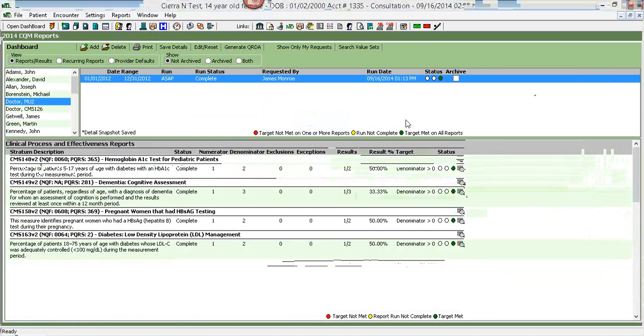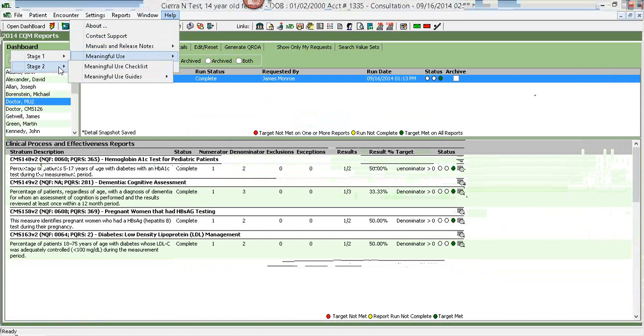As I've mentioned in the other training sessions, under the Help menu, you will find a lot of resources to help you along your meaningful use path, including the 2014 Clinical Quality Measure spec sheets and guides. The CQM guide is an overview of each quality measure and where it's tracked in ClinicsMD. These CQM spec sheets are the actual specifications provided to us by CMS